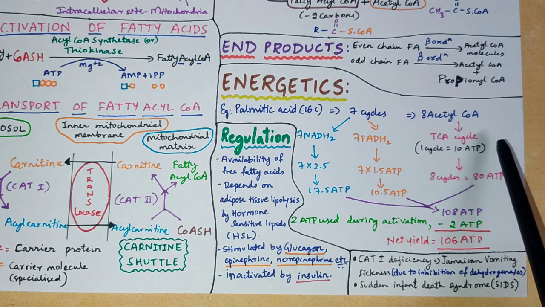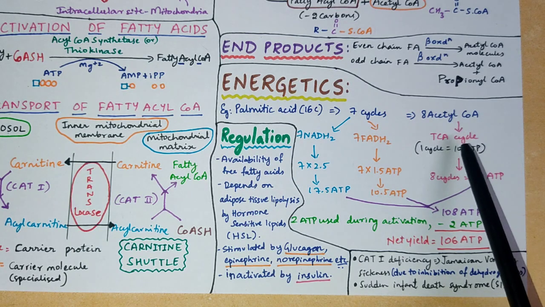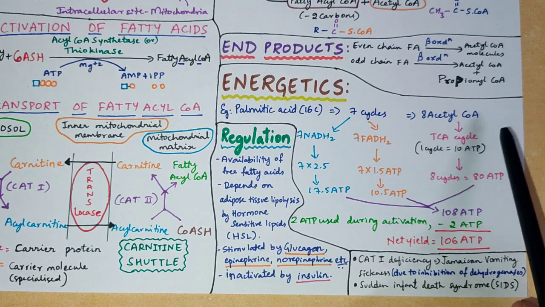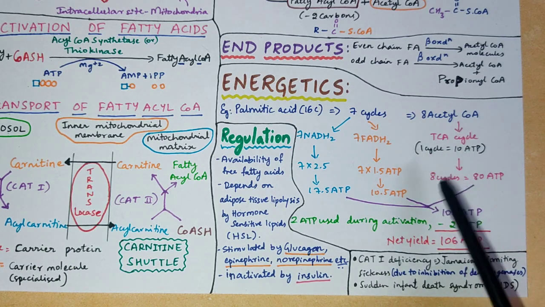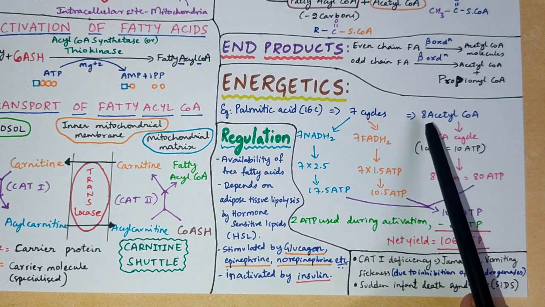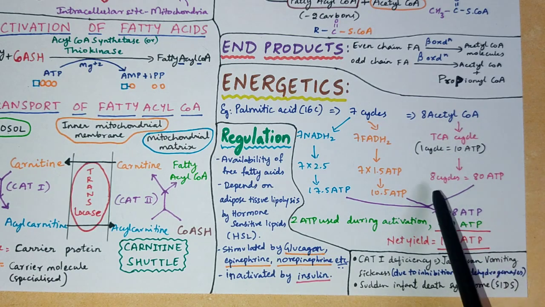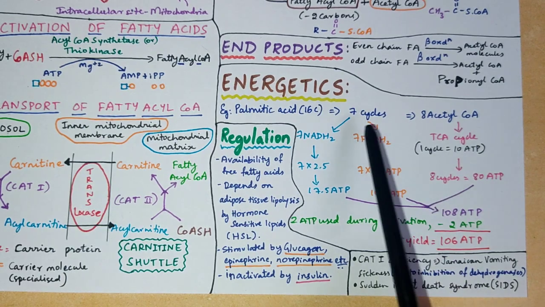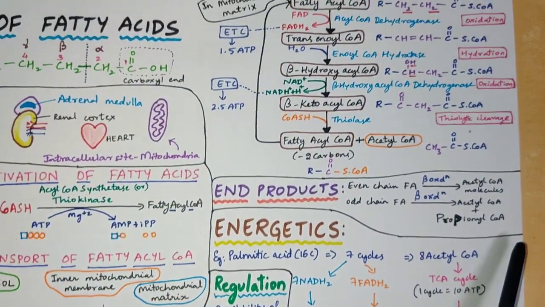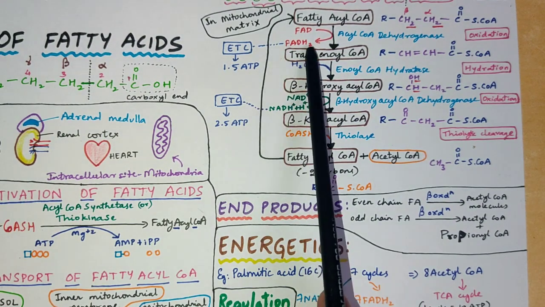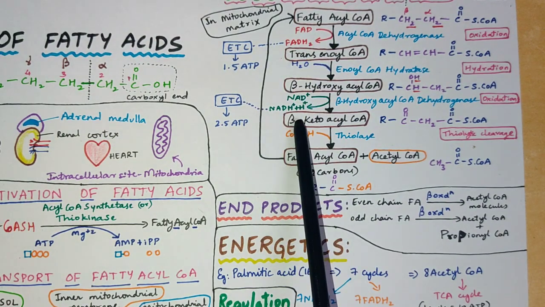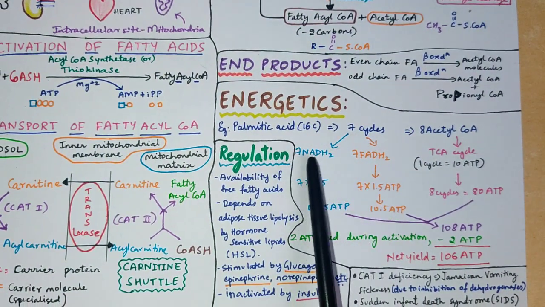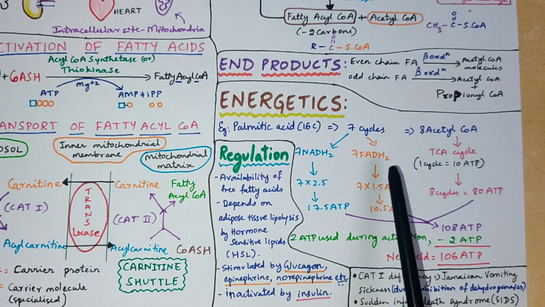As we have studied before in carbohydrate metabolism, with one cycle of TCA, that is the tricarboxylic acid cycle, we can generate 10 ATPs from one cycle. In the same way, we have 8 acetyl-CoAs here. So with 8 cycles, we can get 80 ATP, which is very huge. Now let's see in these 7 cycles, what are the outputs here? Here we got 1 FADH2 and 1 NADH2 per cycle. So in 7 cycles, we have got 7 NADH2 and 7 FADH2.